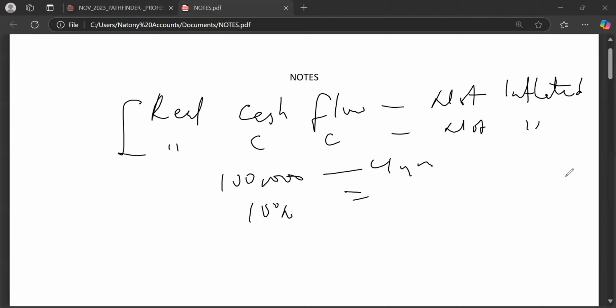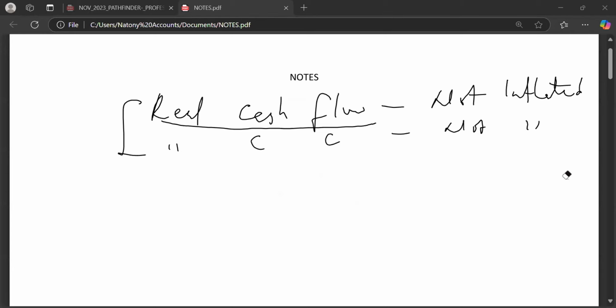But in a situation where you are given a real cost of capital and a nominal cash flow, or a real cash flow and a nominal cost of capital, you cannot use real against what? Nominal. You cannot use real against nominal. It must be a real cost of capital and real cash flow, or nominal cost of capital and nominal cash flow. Okay? So, now looking at that concept,